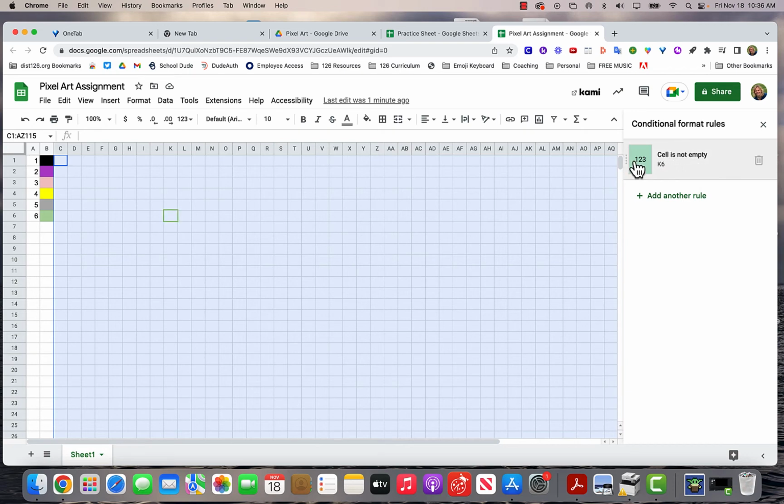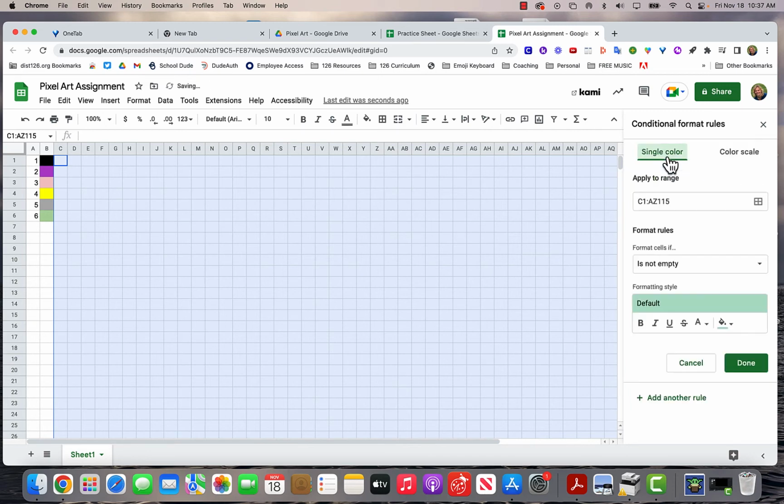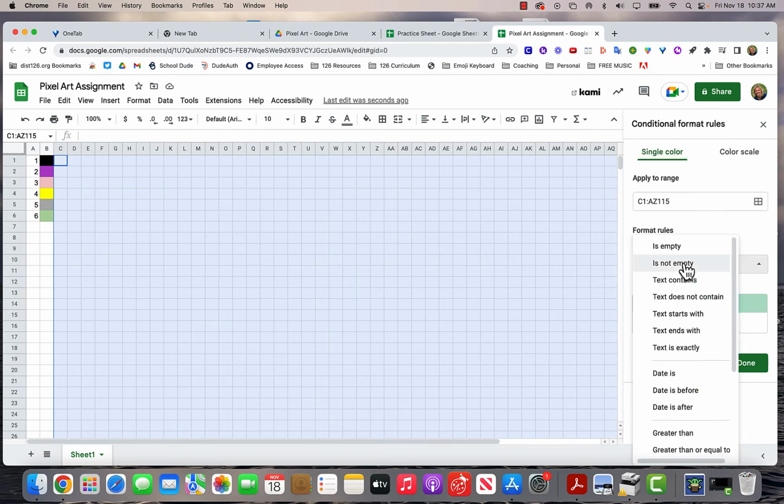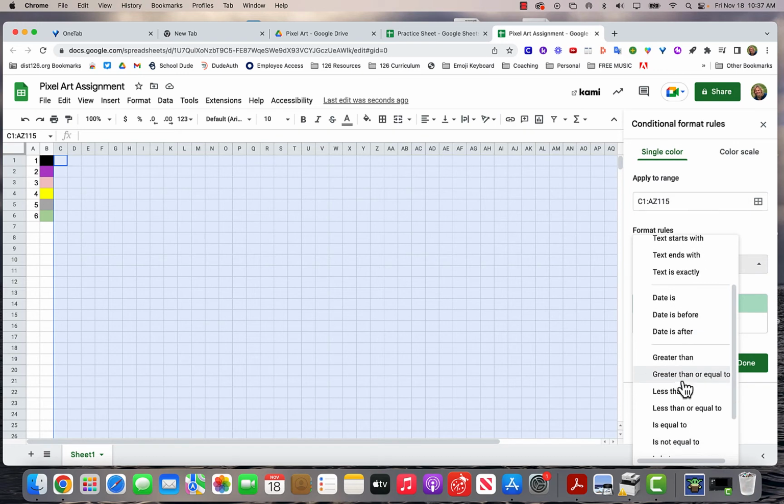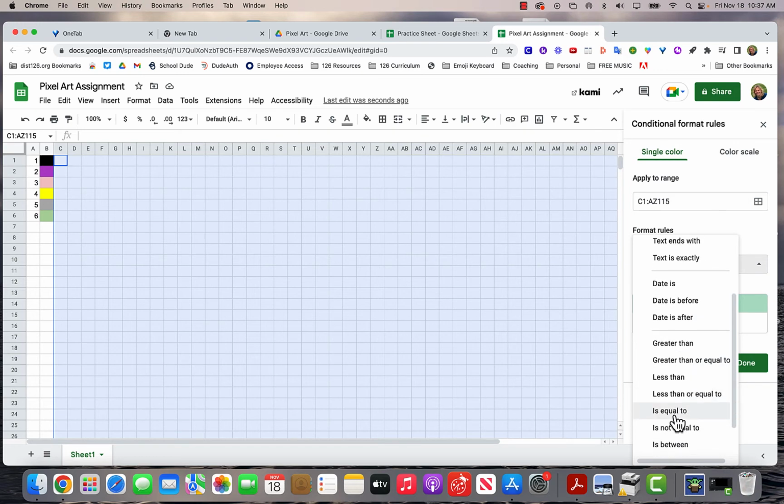Quickly, you should see, I don't know what this thing is here, so I'm going to throw it in the garbage. I'm going to add another rule, and you should just have add another rule automatically. And it should say something like C1 through AZ or whatever you chose. Then for Format Cells if, you're going to say is equal to,